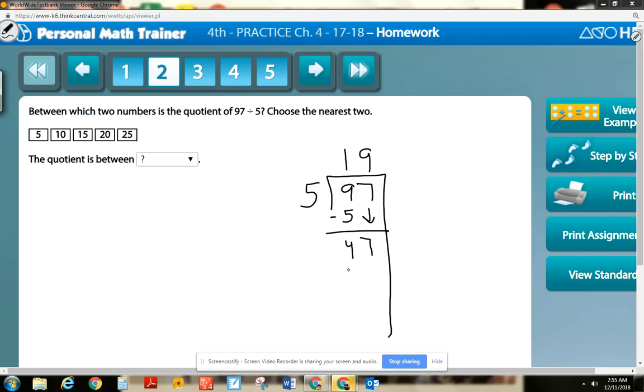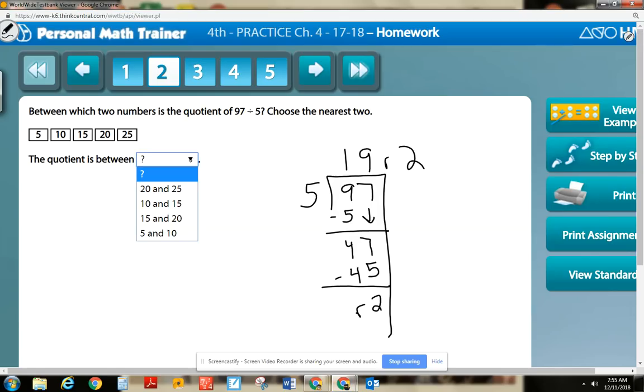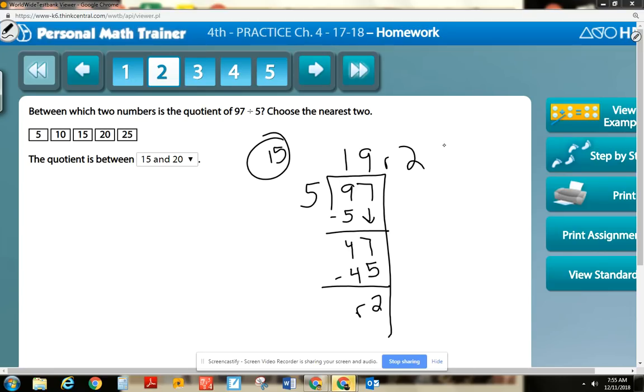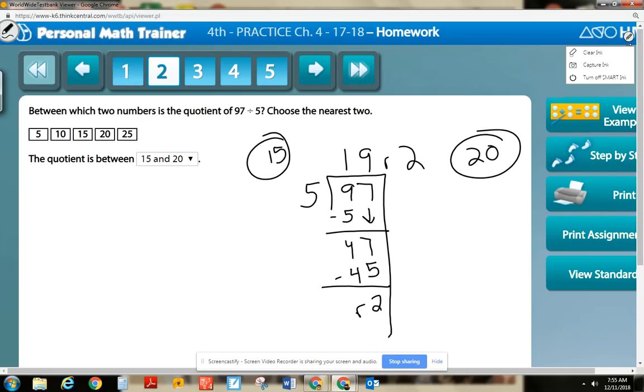9 times, minus 9 times 5, and 9 times 5 is 45. And I have 2 remaining. So which 2 is it in between? Well, it's between 15 and 20, right? Because 15 would be here, 20. All right, let's go on to question